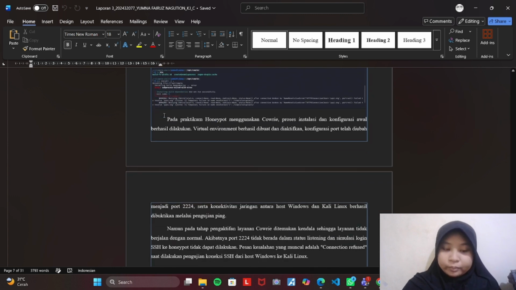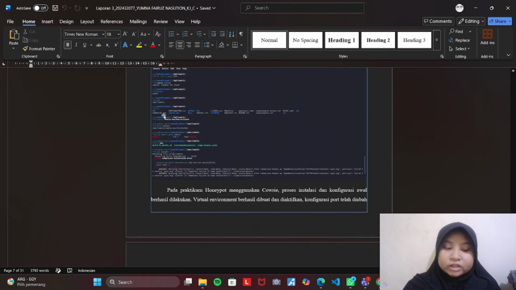in deploying the honeypot. From these two practical sessions, we learned that Port Sentry and Cowrie have different roles in network security. Port Sentry detects reconnaissance activity such as port scanning at an early stage, while Cowrie records the attacker's behavior after they attempt to access the simulated server. Together, these tools provide valuable information that helps administrators detect, analyze, and understand cyber attacks more effectively.